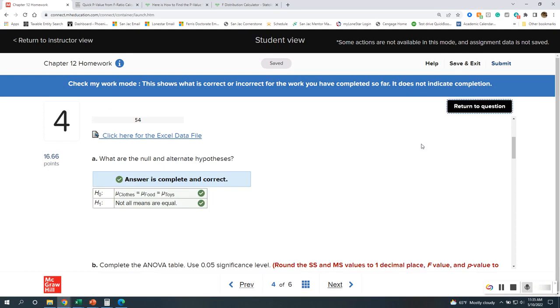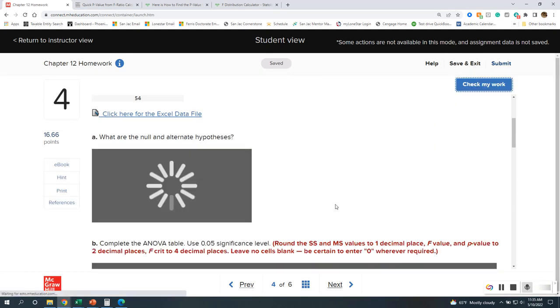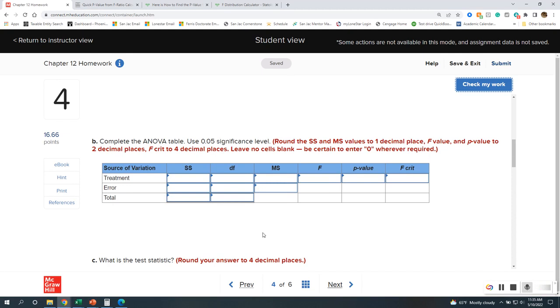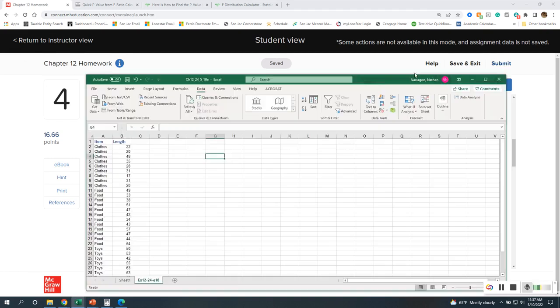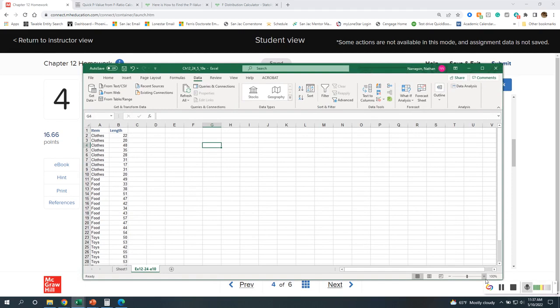Check. There we go. Next, we're going to create our actual ANOVA table. So, again, we're going to have to use our formulas. But we need the data. So, if you've downloaded the data,